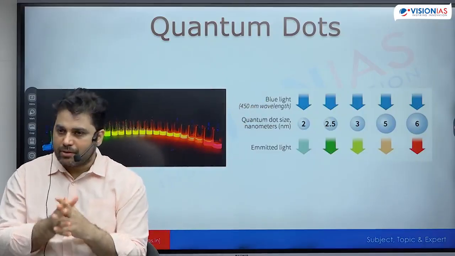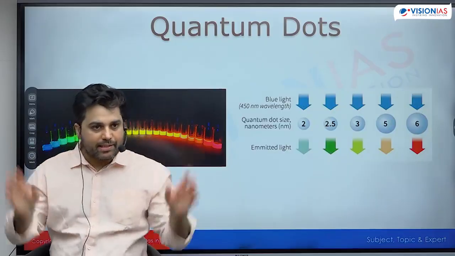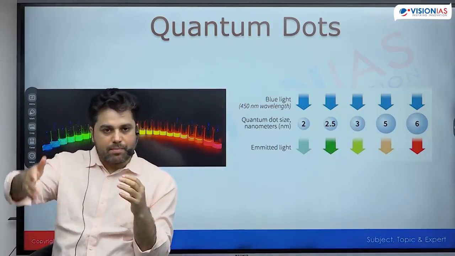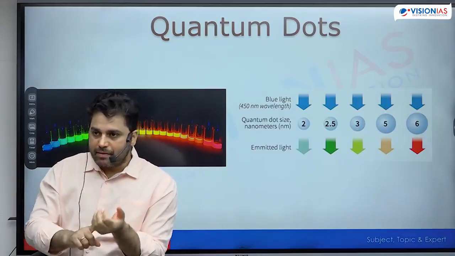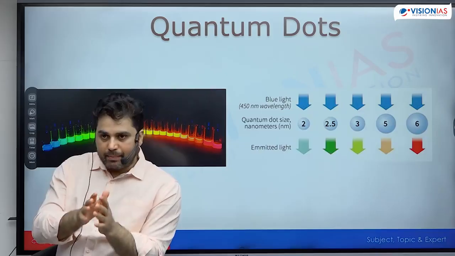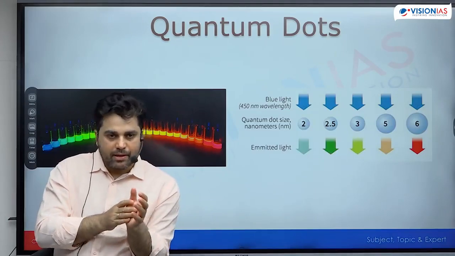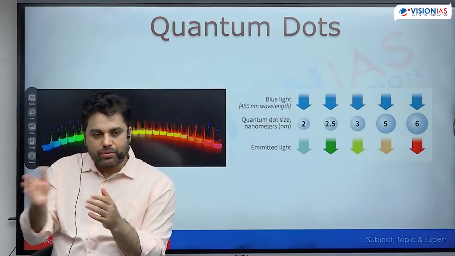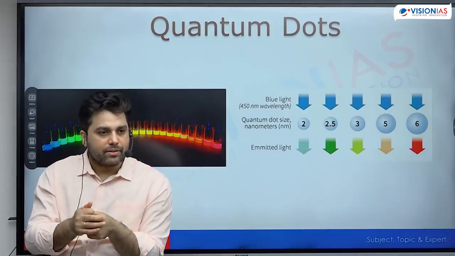This has applications in so many areas, but one of the most popular applications is in display TV. So that QLED display also has this back LED, but now it has quantum dots, and those quantum dots can produce various vibrant color. The benefit of QLED is that it is not as costly as OLED, but its display comes very close to OLED. Now OLED even today has a better display compared to QLED, but the resolution of QLED display comes very close to OLED display. That is another very popular application of nanotechnology in electronics.